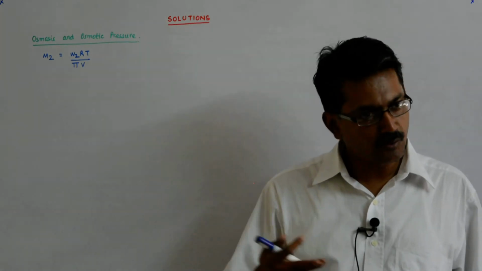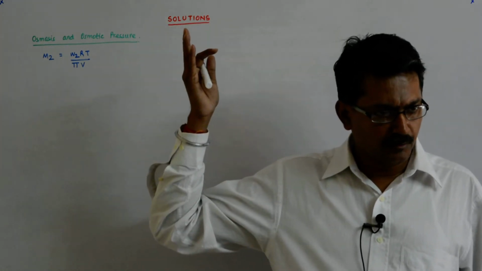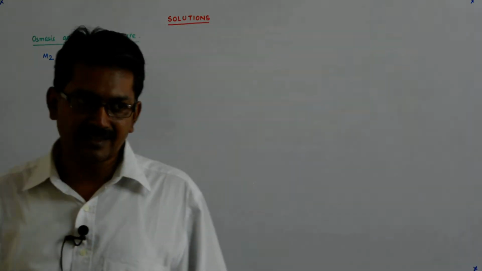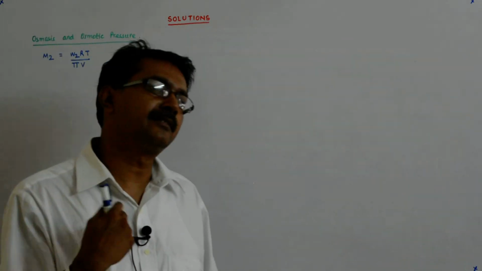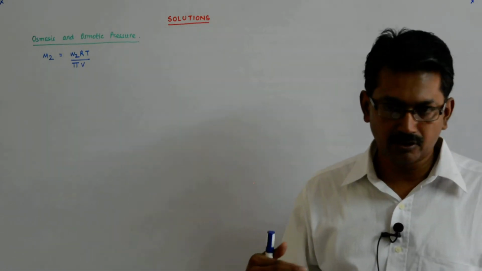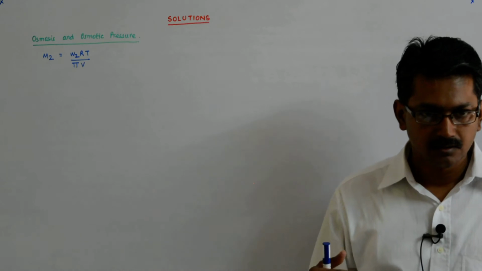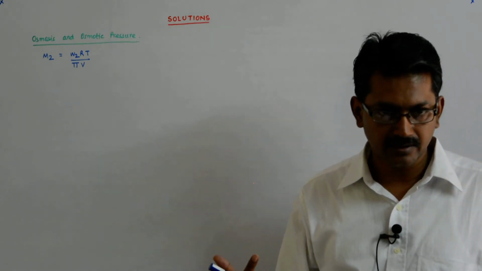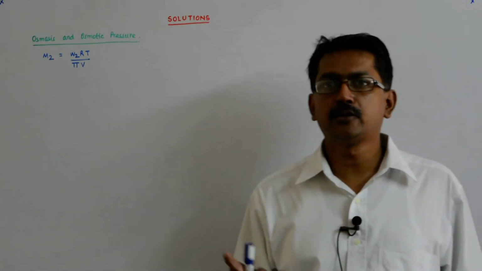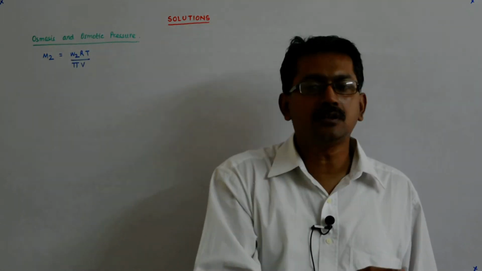So you have to take it to the boiling point before you realize how much the elevation is, and then from there you calculate the molecular mass, right? Similarly, for depression in freezing point, you will have to bring it all the way to the